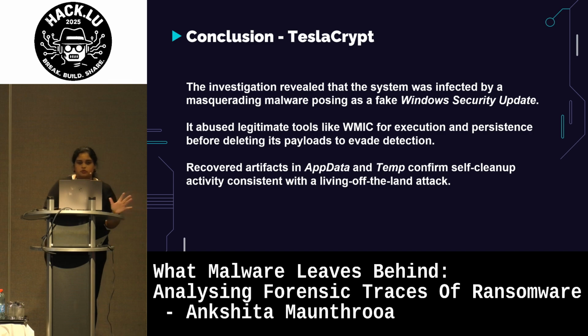There's a lot more, but investigating that on a Windows level and using the normal user, abusing legitimate tools like WMIC, and persistence after deleting the payloads is just common behavior for ransomware. So this is kind of my conclusion.